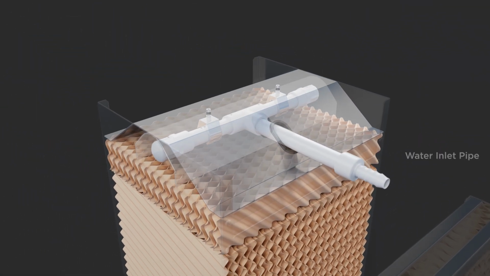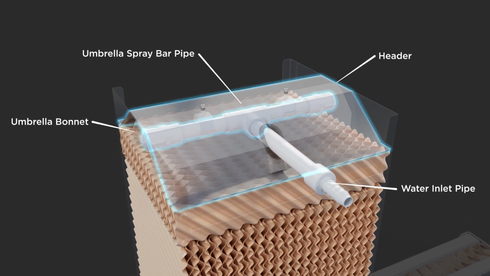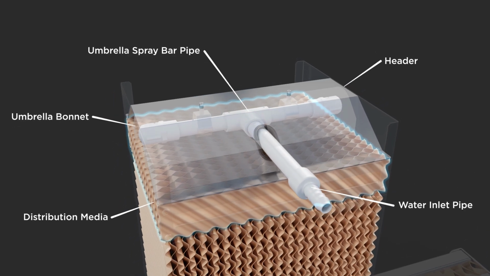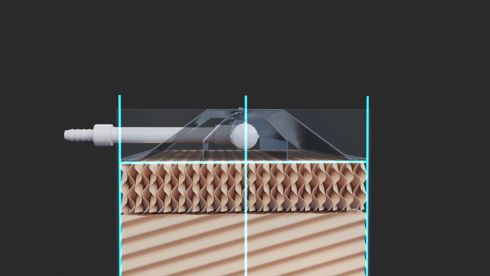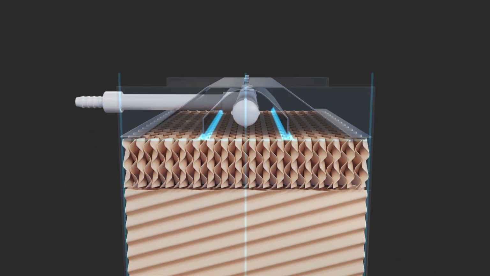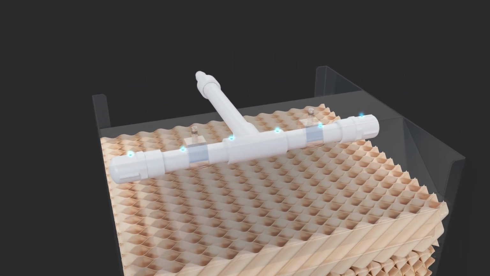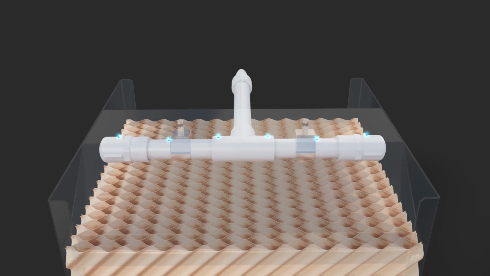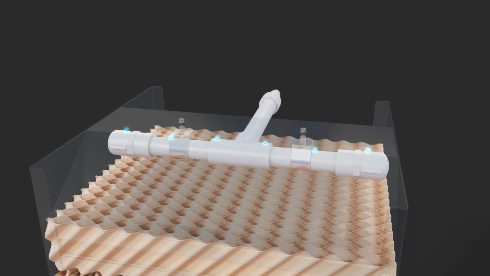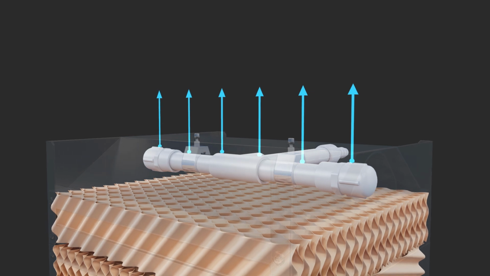At the top of the unit is the water inlet pipe, umbrella bonnet, header, umbrella spray bar pipe, and distribution media. The header assembly should be positioned at the center of the distribution media with the umbrella bonnet touching the media itself. The umbrella spray bar pipe has 3/16-inch holes that are 2 inches apart from one another. This is where water exits, and these holes are positioned upwards at exactly 90 degrees to ensure proper water flow